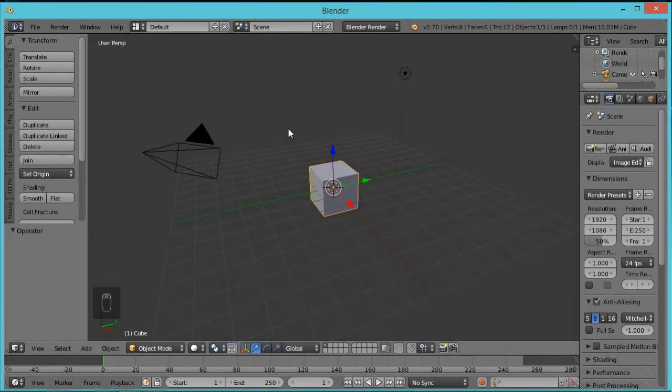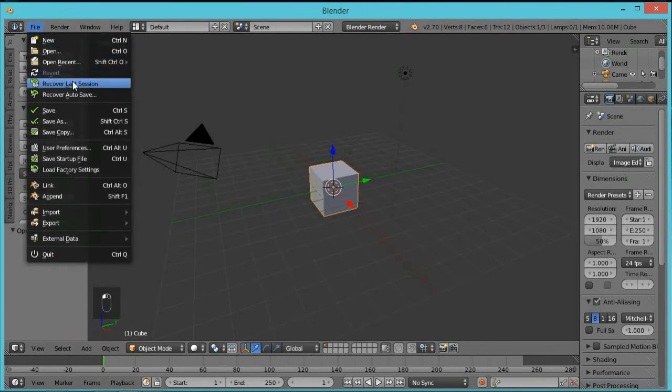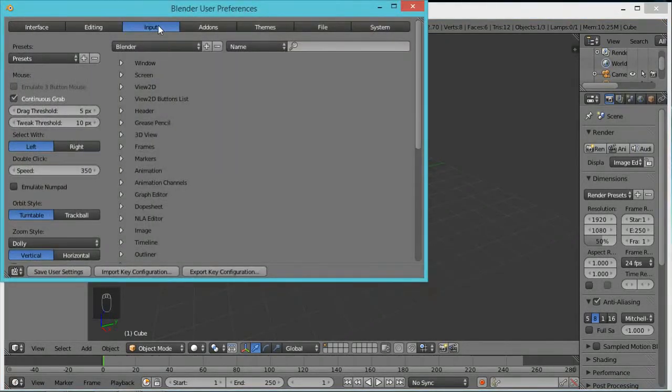Okay, if this is your first time in Blender, I recommend you go to File, User Preferences, go to Input, and then choose Select with Left. Blender's default select is with right click, and this may confuse you if you're coming from Adobe programs or other